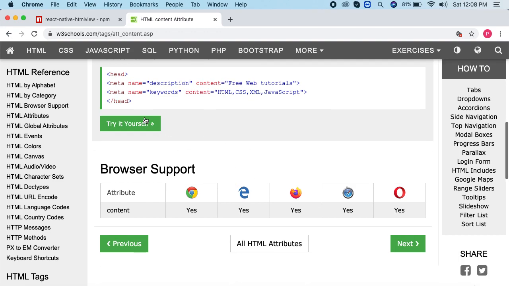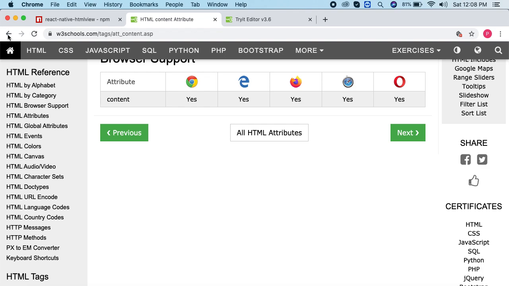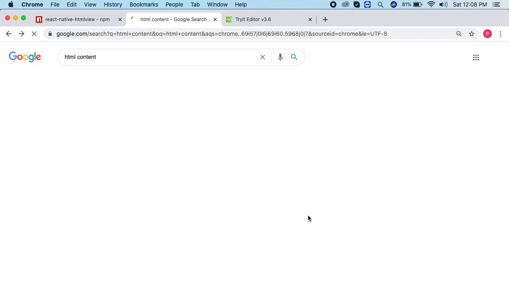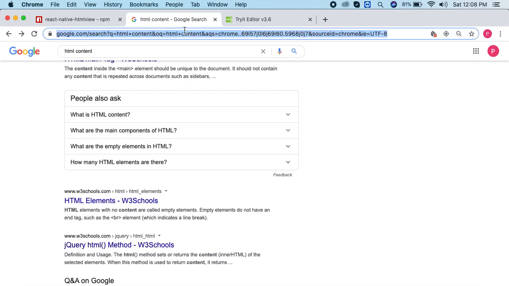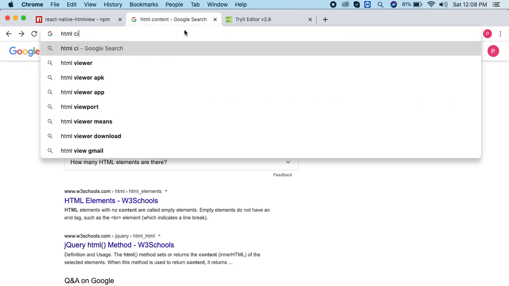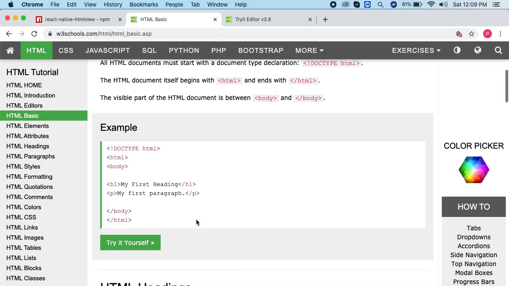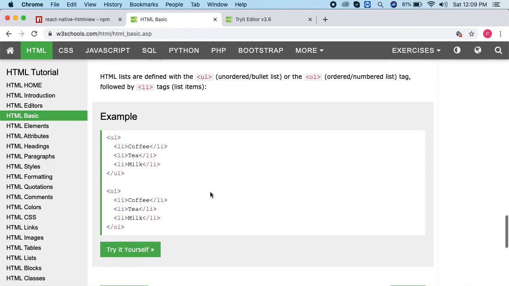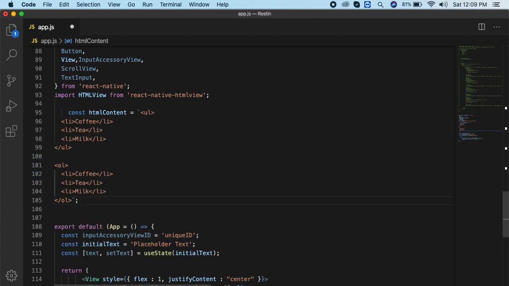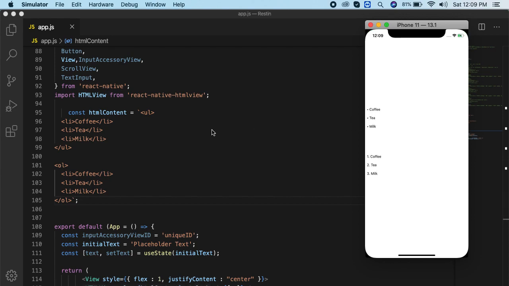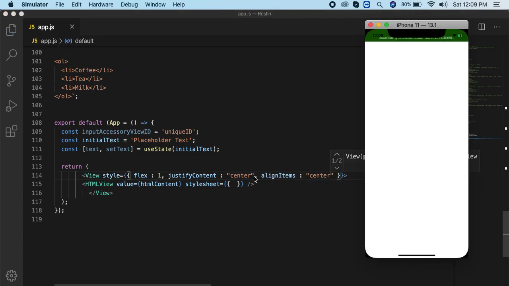I just want to see something good, a very minor type of HTML view example. Suppose this is the HTML content, so I'm going to use it here. Now one property you can mention here is align items center, and you can see it in the middle.